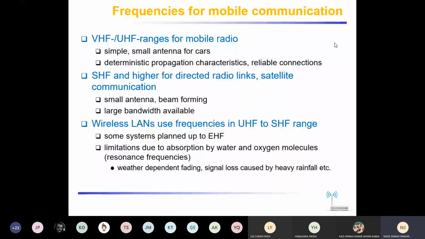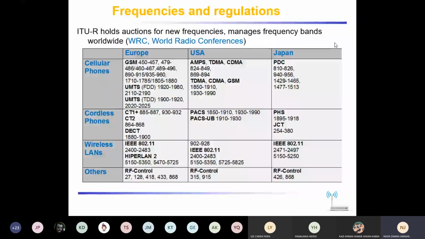Now you can see from here the frequencies and regulation. You remember we discussed that from this frequency to this frequency is for FM. From this frequency to this frequency, it is for AM. From this frequency, this is for the mobile cellular phone. So they are the standards. And we need to have the standards because only then can we continue all of our operations.